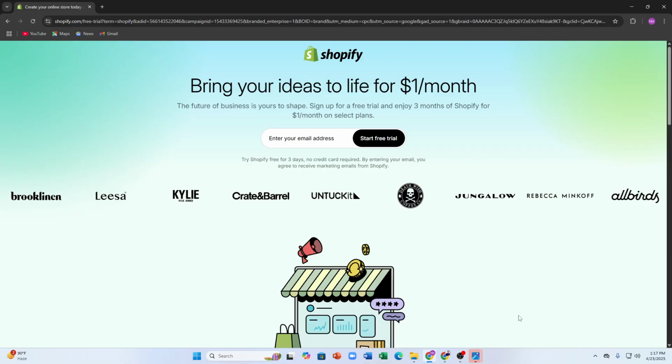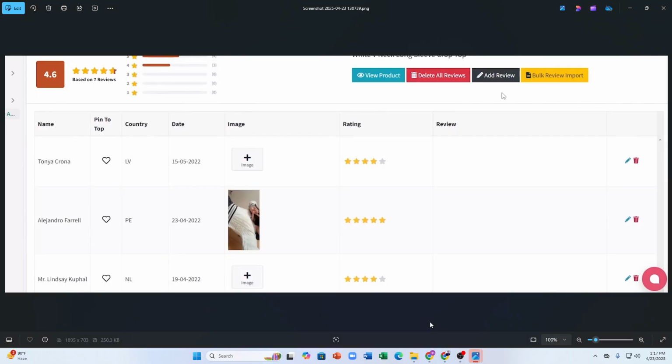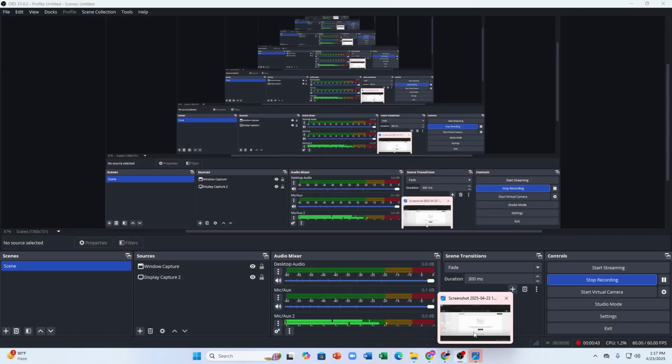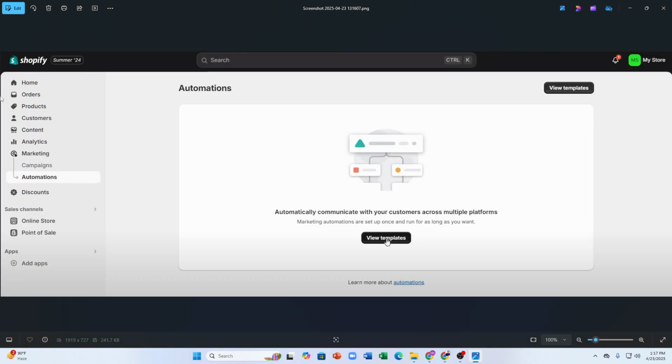First of all, you have to go to your Shopify store's dashboard. On the left hand side menu you can see this option called marketing. You have to tap onto this option marketing, then you have to click on the option called automations, this one, okay? So after clicking on automations you have to tap onto the option called view templates button to browse Shopify's